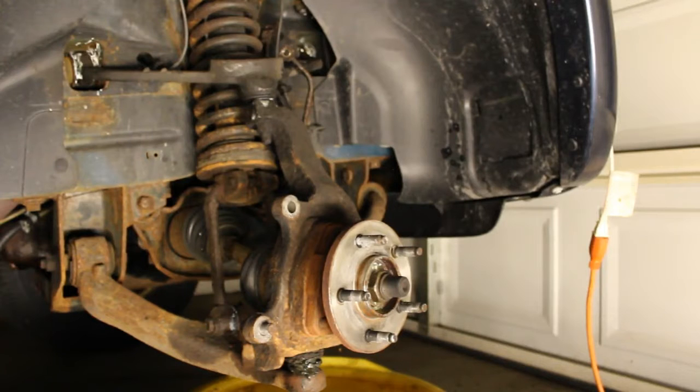Today we're doing a continuation of what seems to be my Jeep series lately between these two Jeeps. I've got some transmission lines that were leaking, so I have some video on that kind of stuff, and then I have right now this 2004 Jeep Liberty Limited, which when you drive it,